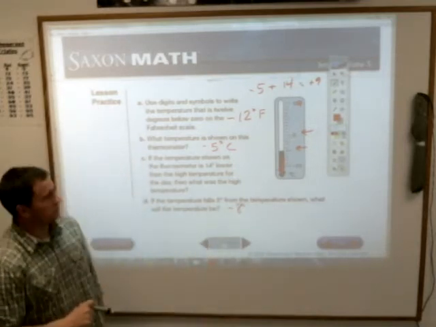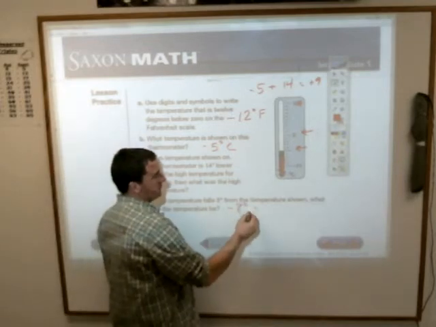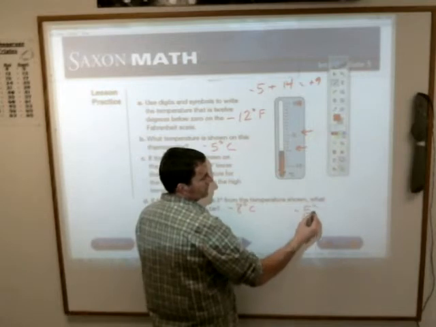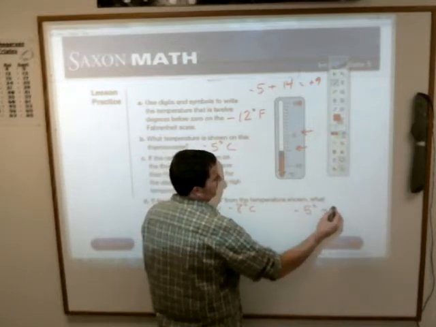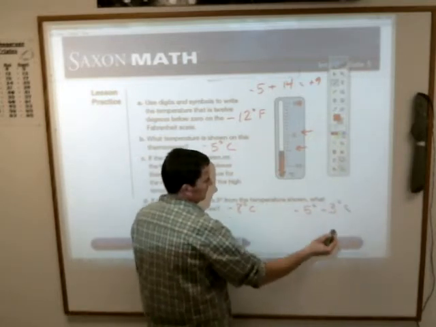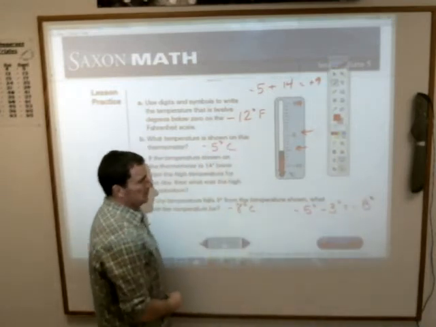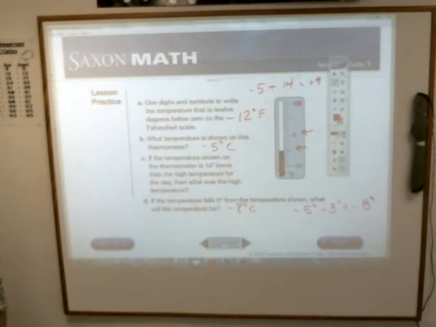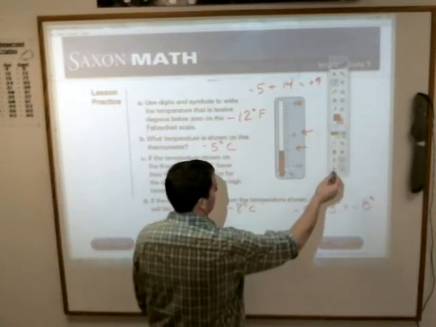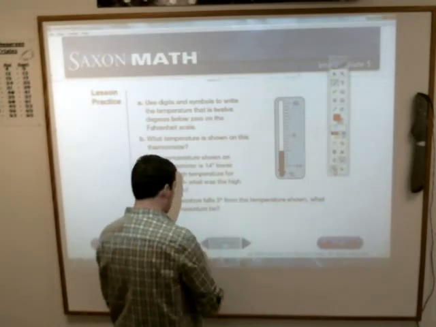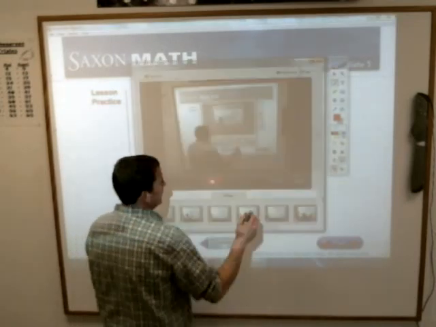Which means, again, if you do the math part of this, -5 degrees minus another 3 degrees is -8 degrees. How about that? Sooner or later, we'll do that negative positive stuff and you'll be all excited about it. You don't have to understand it now, because they won't ask you that. If you draw the pictures, you can figure it out, so you are good with that. Alrighty,